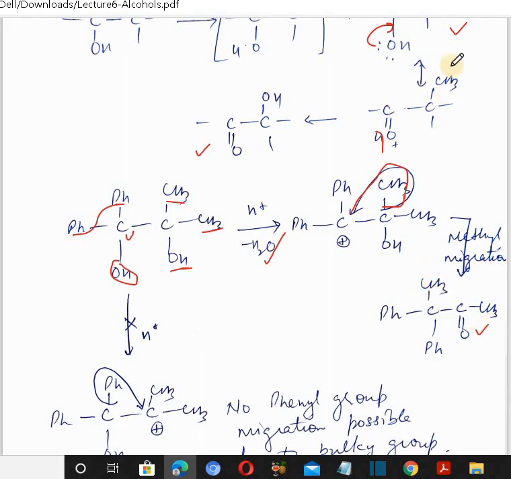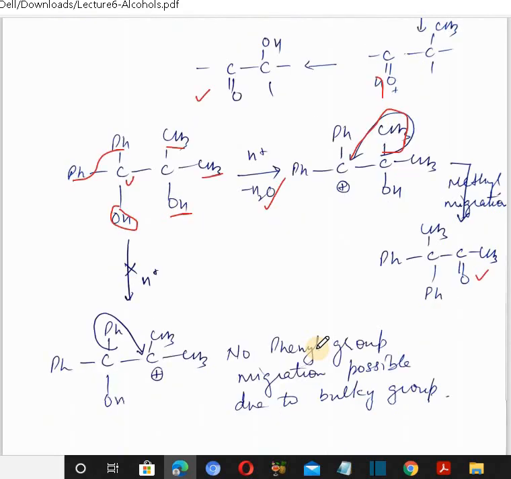This mechanism we have already done, so we have skipped some steps, which we can easily understand because we have done the mechanism earlier. So this movement of the phenyl group to this carbon is difficult because the phenyl group is bulky. So in this stereochemistry we can easily judge which product will be the final product, or which group will move to which carbon. So it's all about these two reactions, the Maillard reaction and the pinacol-pinacolone rearrangement. Both reactions are important with their mechanisms. Thank you.